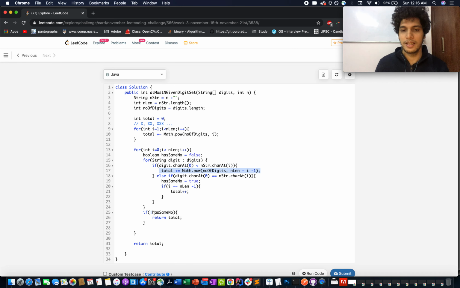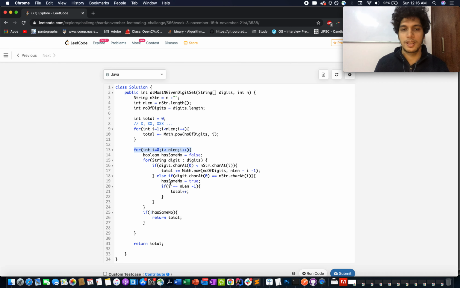Therefore, I have written if hasSameNumber is still false, that means you need to abort the process and you have counted all the possible permutations. For the other case where the digit character becomes equal to the ith character in nstr, that means that you need to skip that character and move ahead in your for loop.